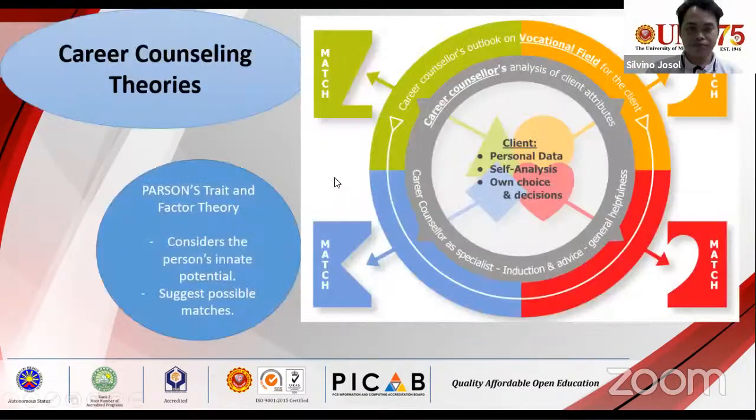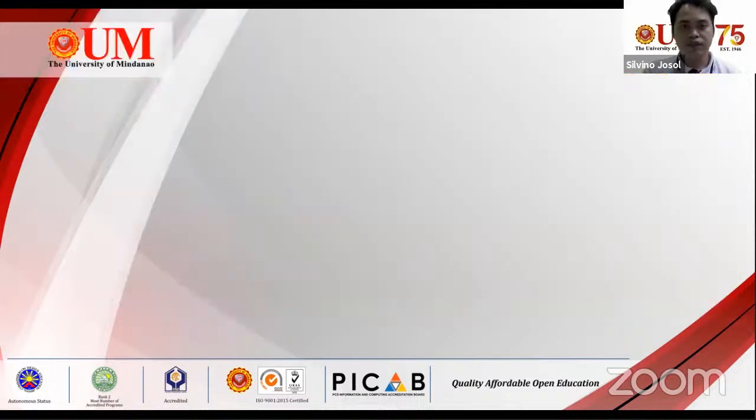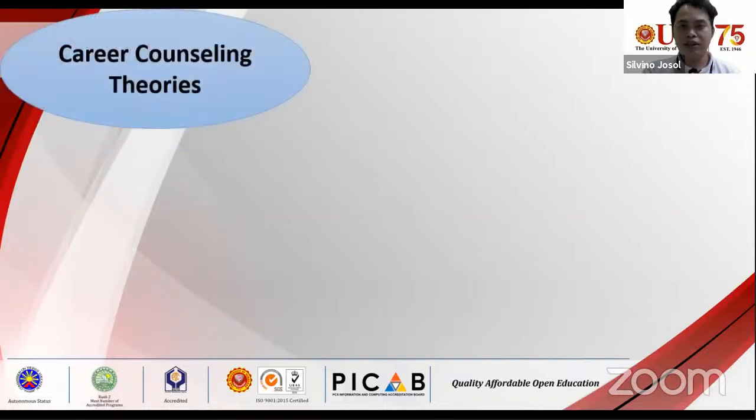So meaning for Parsons, we have to utilize all of the data of the student, may it be through checklists, testing, grades, interviewing, and personal analysis of the student, and provide them options aligned with the things that you have discussed during the session. All right. So followed by Parsons is the concept of